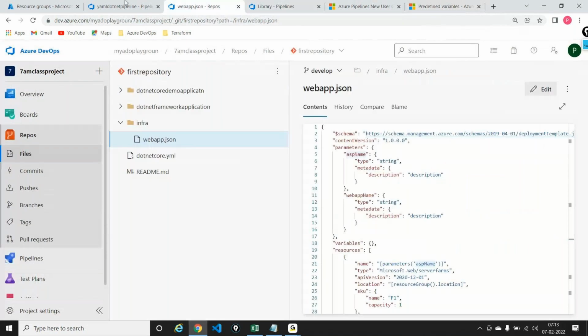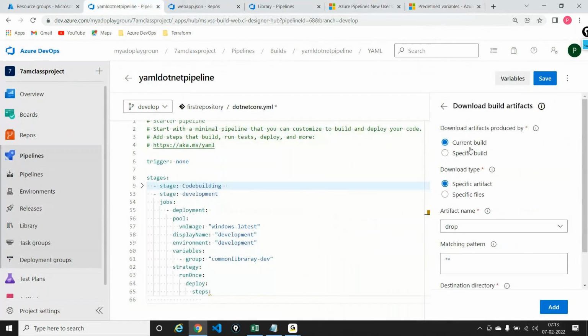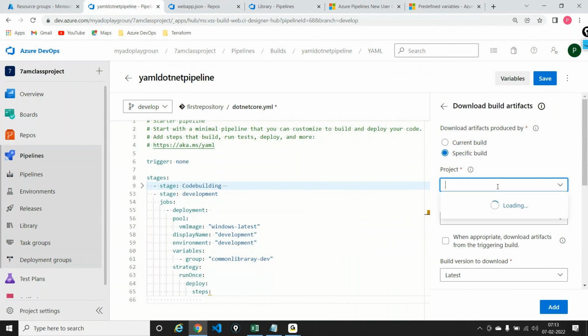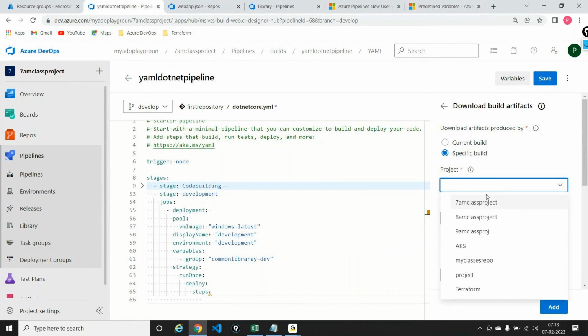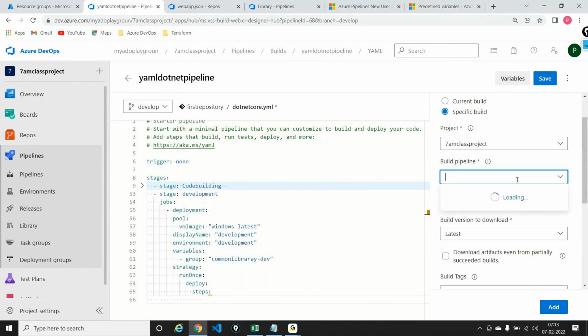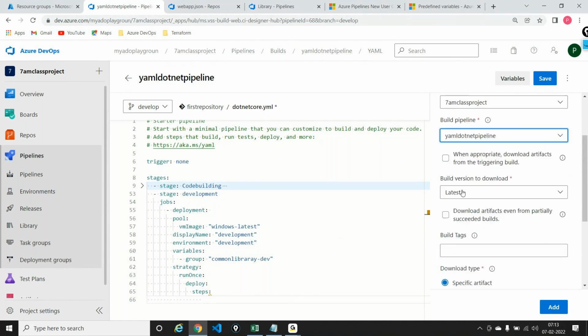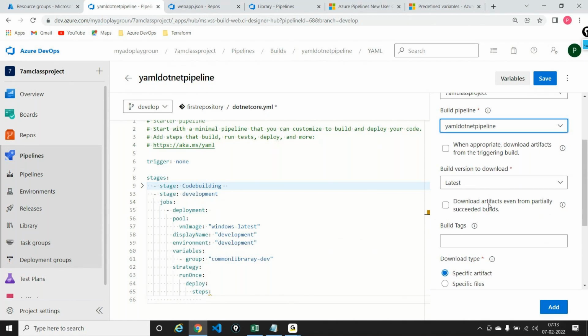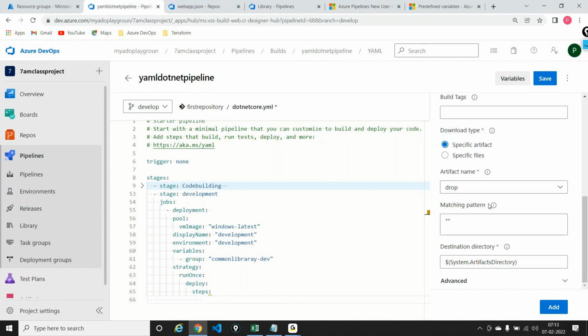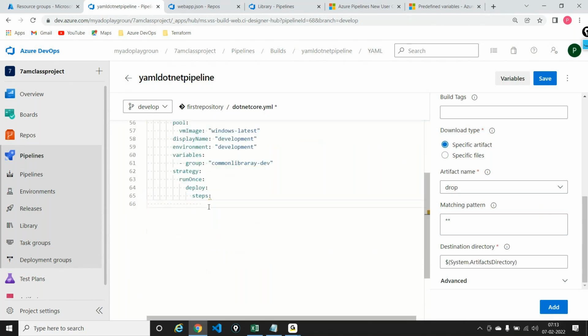And let me come back here, and I can also say the specific build pipeline, and I can give the name of the build pipeline directly. So this is the project, and I can directly tell that this is the name of the build pipeline, which is the YAML build pipeline. And I'll say this is the latest build that I have, meaning whatever the latest version of the artifact is, please go ahead and download it out. I'm saying please download all the artifacts into this particular folder called system.artifacts directory, and please make sure to